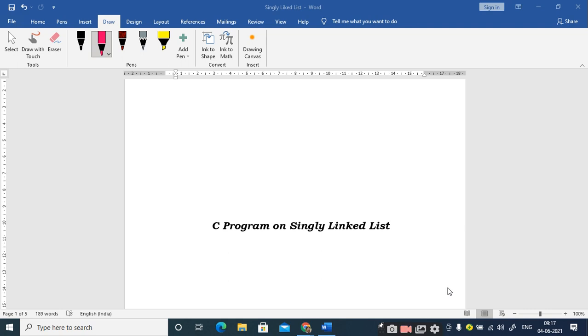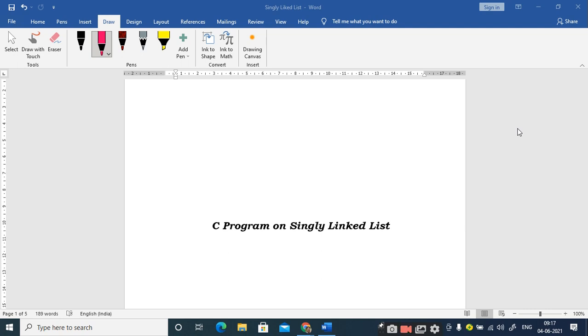So in the last class we started our discussion on C programming related to the singly linked list, where we went through various functionalities: how we can create a node, how we can add the data part into that newly created node, and how we can manipulate the pointer part or the next part of the new node that is created.